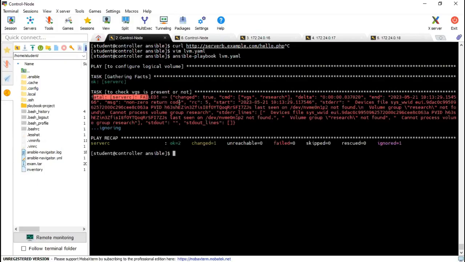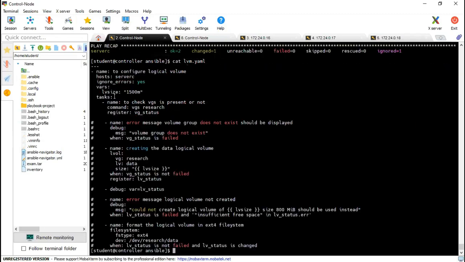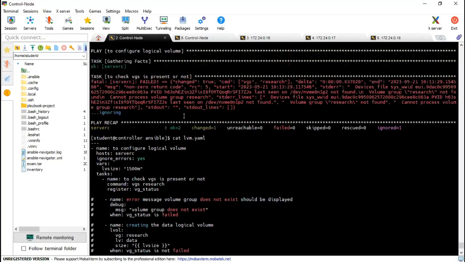Yes, it's saying it's not found. And see the advantage of writing ignore_error. We can pass this ignore_error here as well, but I'm passing it there. If you didn't pass it at this point, my playbook would fail. So due to this statement, it ran till the end, right? And it says it's not present,